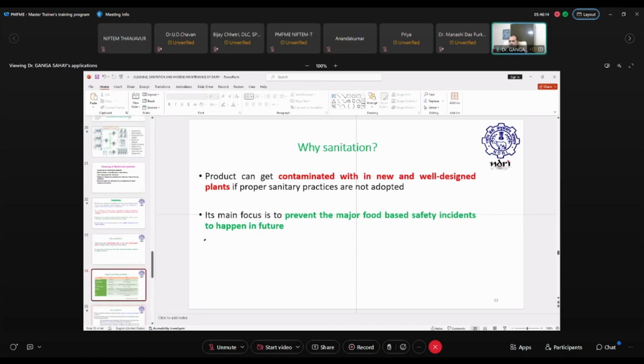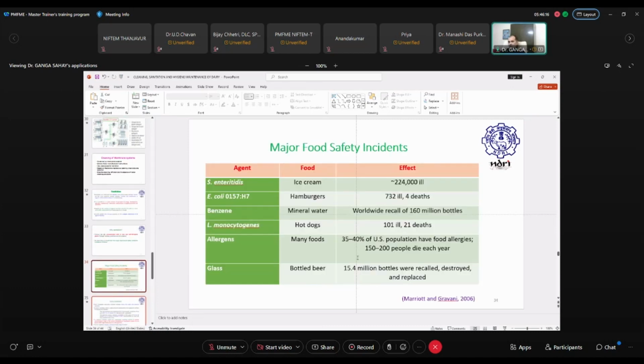In this slide, you can see different examples: this is the agent, this is the bacterial species which was responsible, the food was ice cream, and that many people became ill at a time. Basically, what happened? There was a tanker which carried the egg solution, and it was not properly cleaned and sanitized. Then this bacteria entered the tanker, and the same tanker was filled with the